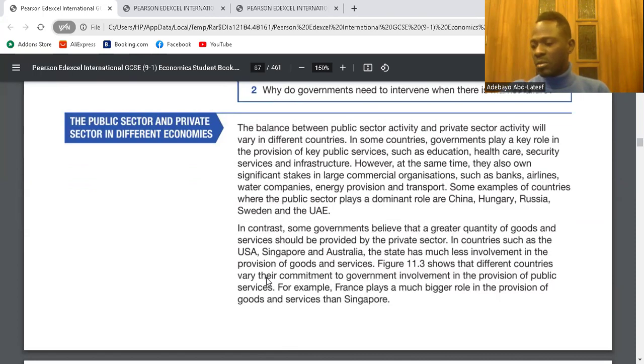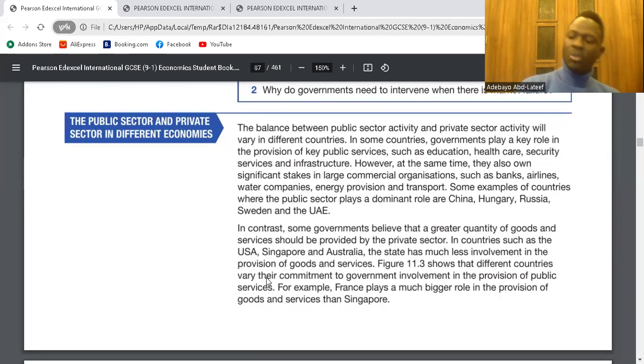Why do we have a mixed economy? We have a mixed economy to be able to solve the problem the planned economy would have given, or the problem the market economy would have given. So that's why the advantages of the market system become a disadvantage in the plan system. The advantages of the plan system are a disadvantage in the market system. So we need both the market system and the plan system to have a structured economy.